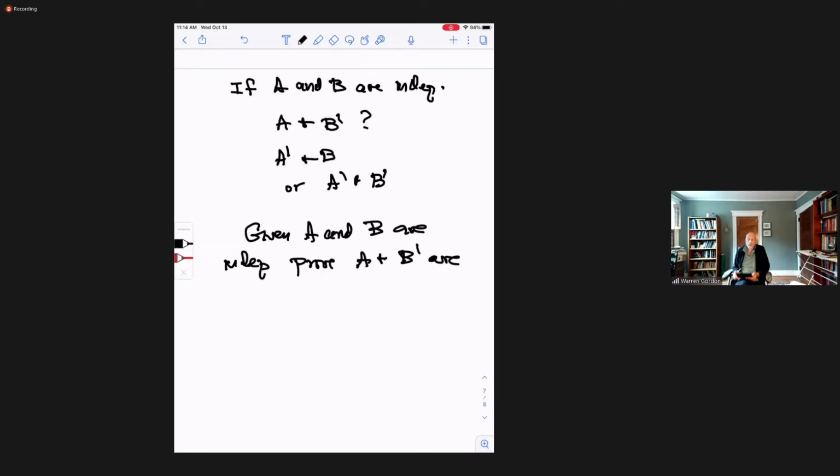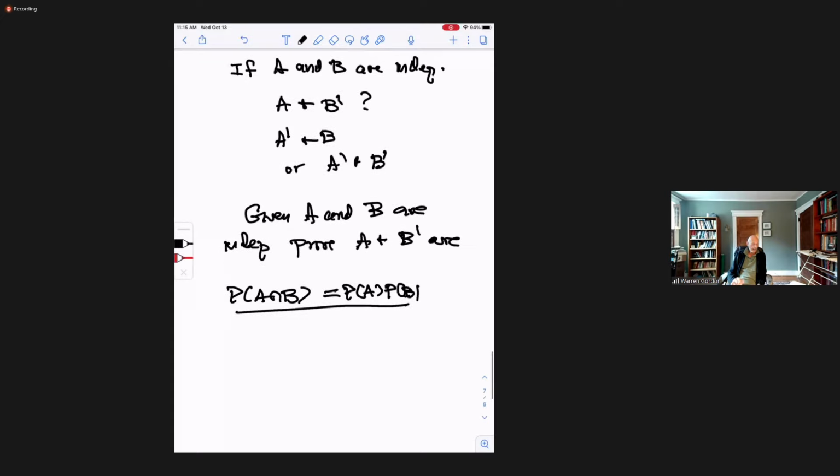Okay, so what do we know? We know that P of A intersection B, since these are independent, is equal to P of A times P of B. So that's a given, because they're independent. Now also observe that I could write A as A intersection B